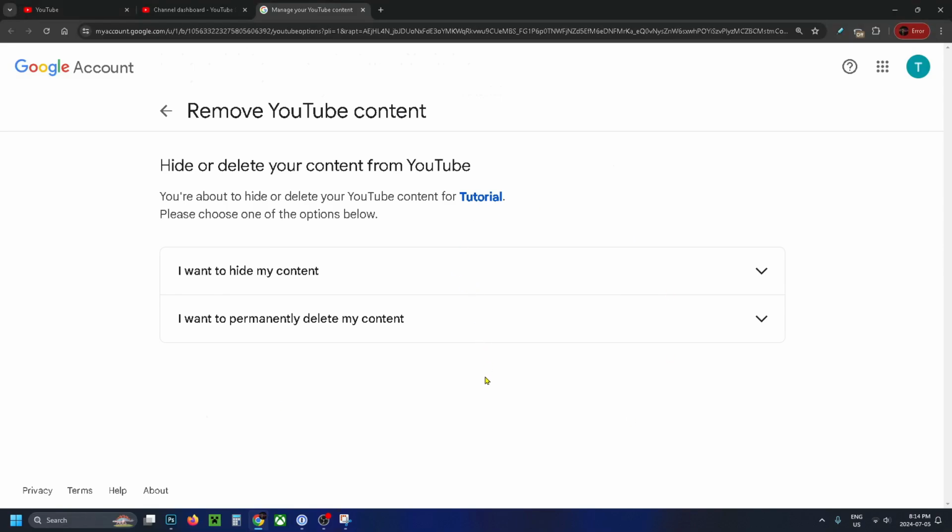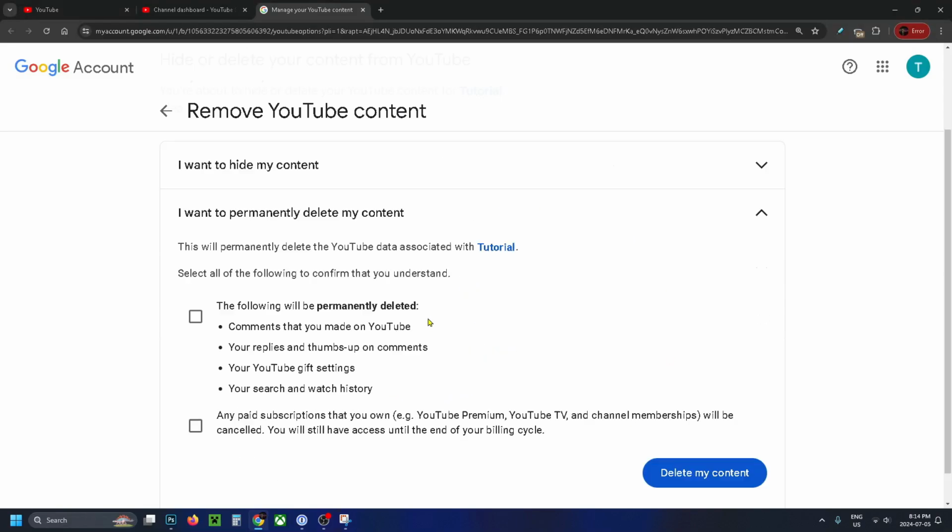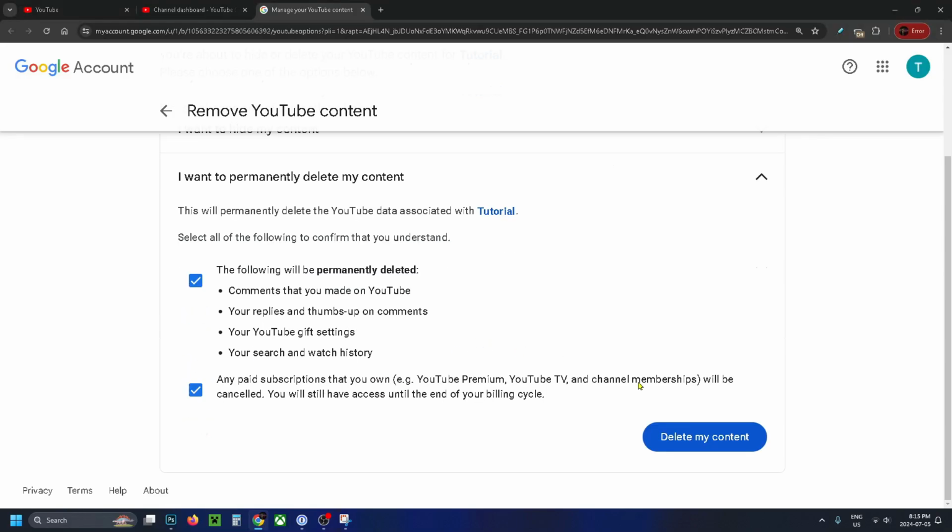From here, you want to select I want to permanently delete my content, and you're going to have to read through these options. It essentially gives you a rundown as to what's going to be deleted, and the answer is essentially everything. But I recommend you have a read through and check mark these two boxes, and then select Delete